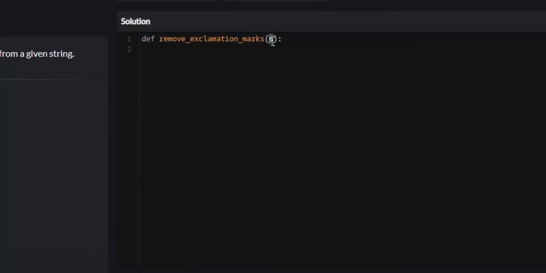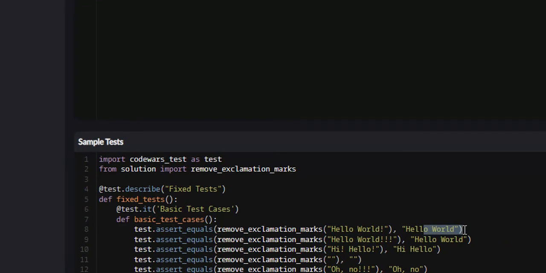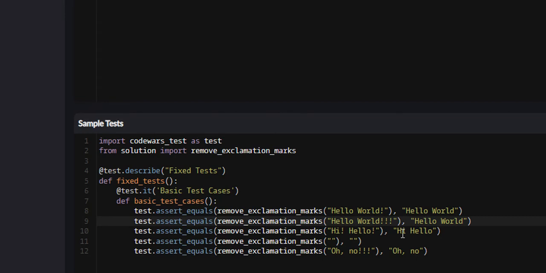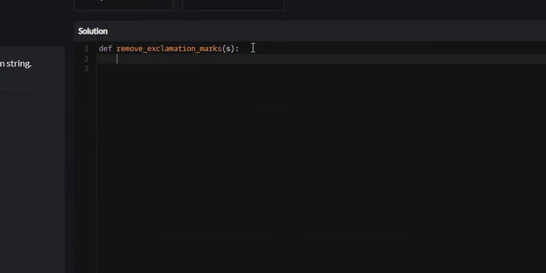It'll be called s, and what they want us to return is that same string, but with all the exclamation marks removed. This one has 3, all of them removed. As you can see, just remove the exclamation marks. Now, there's a function in Python that makes this